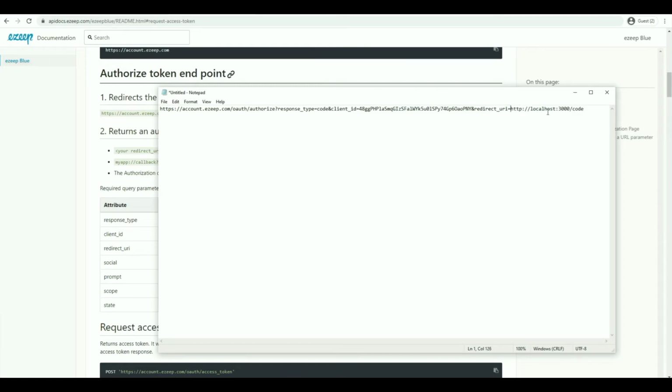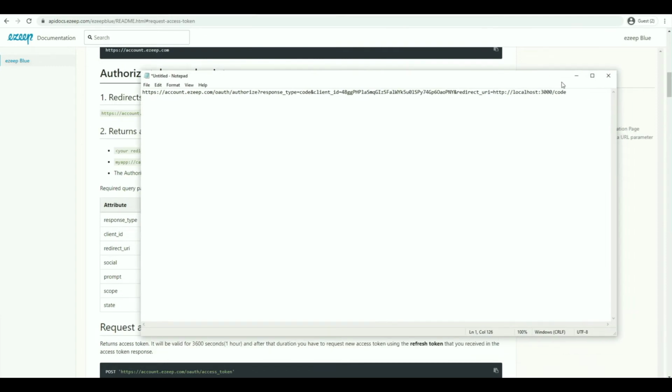Bear in mind, you will have to type it exactly. So you're going to have to put in the HTTP or the HTTPS plus these forward slashes as well. Otherwise, you'll get a redirect UI not authorized response. Okay, so that's all we need in this case. We just need to copy this